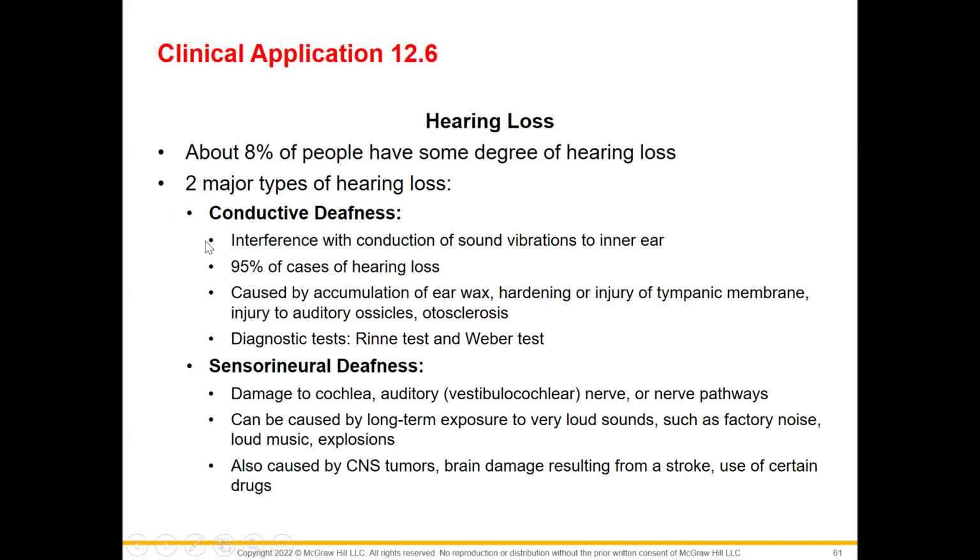Conductive deafness is interference with the conduction of sound waves to the inner ear. The sound waves are not being conducted to the inner ear, and so that causes conductive hearing loss. That is the case in most cases of hearing loss. 95% of those cases are due to conductive hearing loss. This is caused by things like accumulation of earwax, hardening or injury of the tympanic membrane, injury to the ossicles,